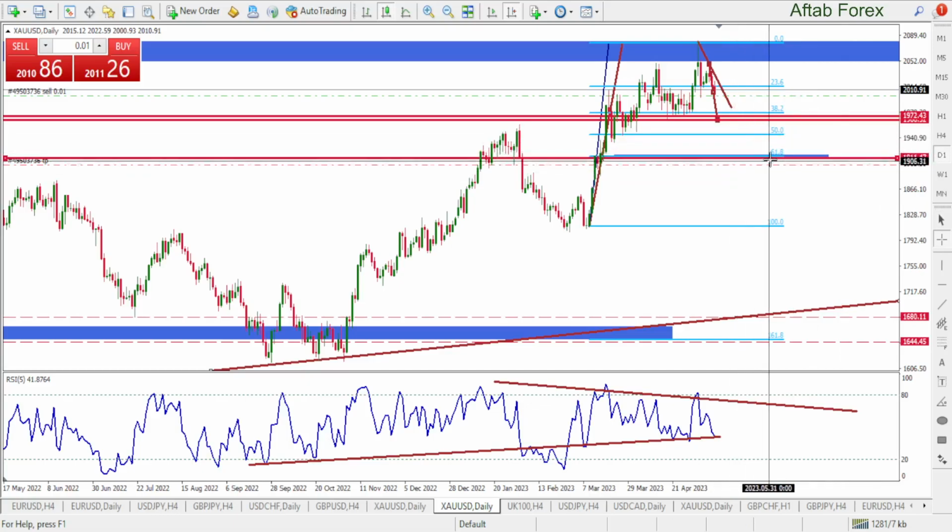And right here at this 1969, I'm not willing to buy. Not willing to buy at all, because on the weekly, gold is trending up. It is an uptrend. How can I take a sell trade when the price is trending up, and especially if it is at a double top level? Obviously not. I will wait for the market.